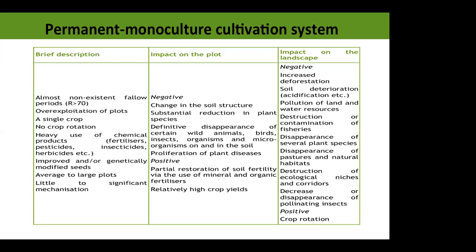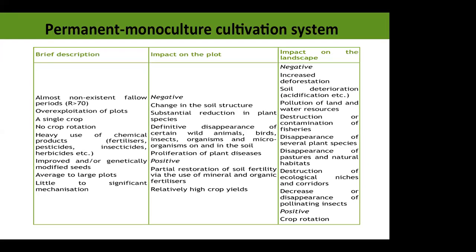There's heavy use of chemical products in this type of system because it is monoculture, and there's no diversity in this system. There's use of genetically modified seeds or improved seeds. It is allowed in permanent monoculture system. Then it's average to large plots. They are not small plots because this is a business kind of system. And then there's little to significant mechanization. There's little mechanization because once you plow the first time and you plant the tree crops, you might not use any form of mechanization